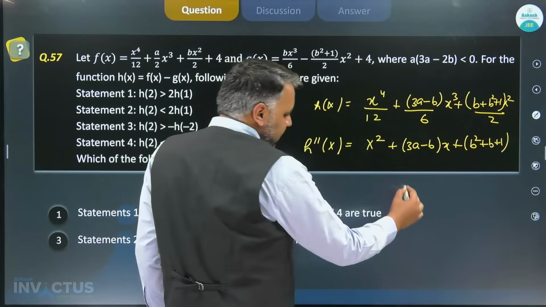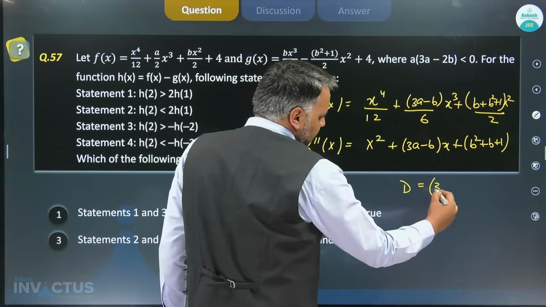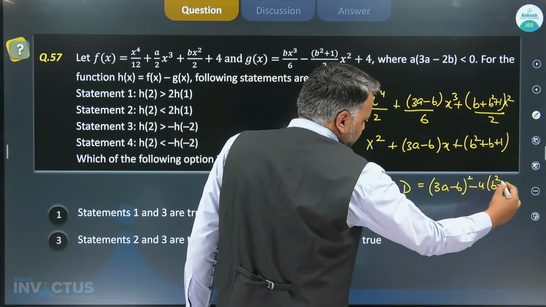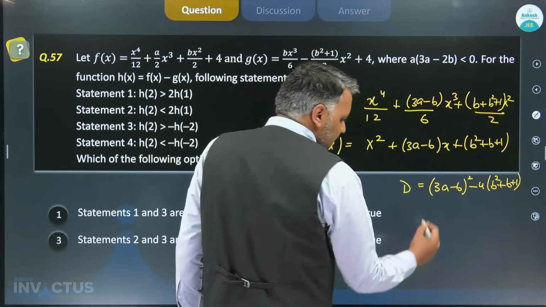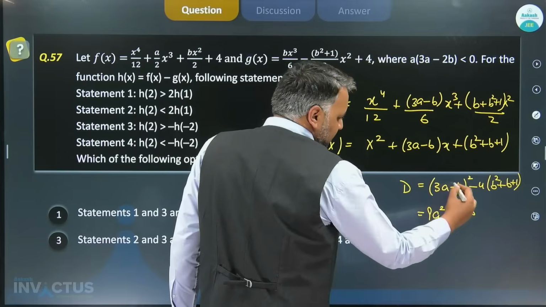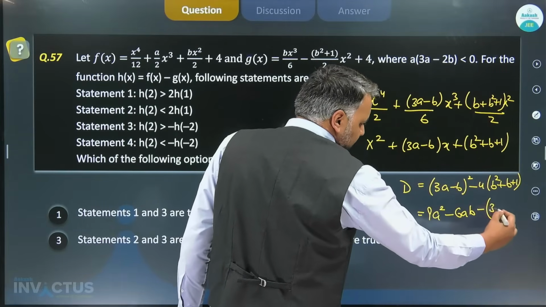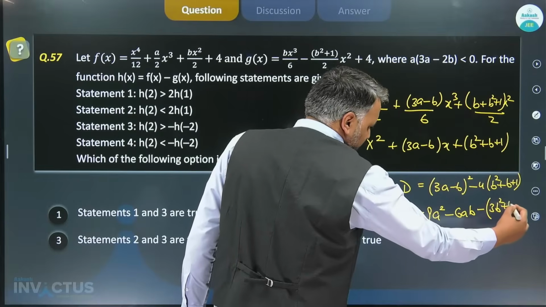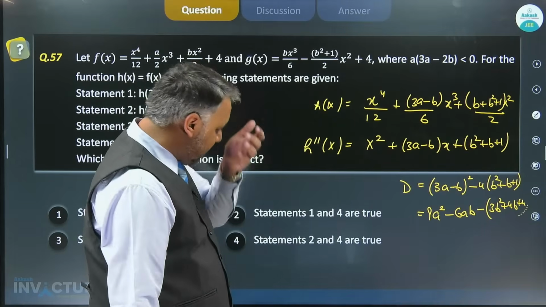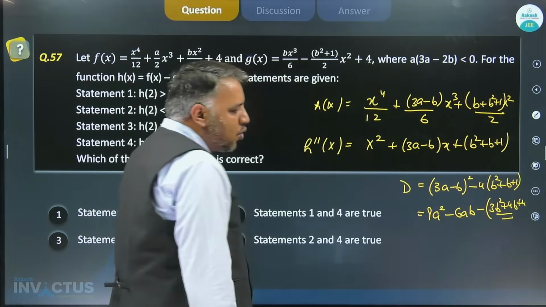Now if we see the discriminant of this quadratic, that will be 3a minus b whole square minus 4b square plus b plus 1. And this is 9a square minus 6ab plus b square, expanding that, that will be minus 3b square plus 4b plus 4. ये आ जाएगा. ओके, सो यहाँ पे अगर आप देखो ये जो क्वाड्रेटिक है b में, roots of this quadratic